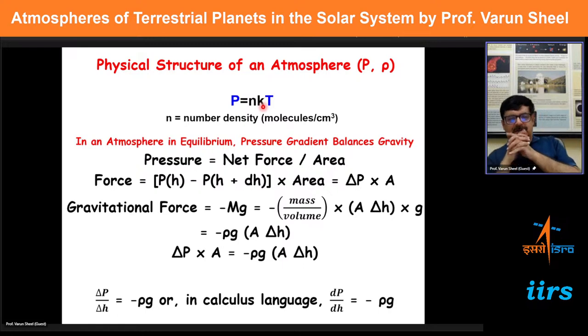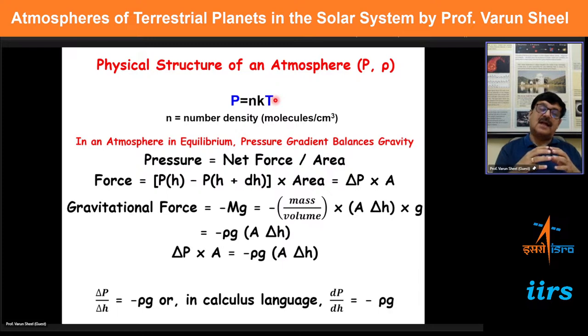So this is also taken into account for the atmosphere. If you want to characterize its pressure, density and temperature, they all are related to each other. And this is what happens, for example, in the Earth's atmosphere: short variations of pressure, density and temperature are what lead to weather phenomena. So in simple terms, if you just look at the laws, you apply simple classical mechanics, and you assume that the pressure gradient forces are balanced by the gravitational force in the atmosphere of any planet.